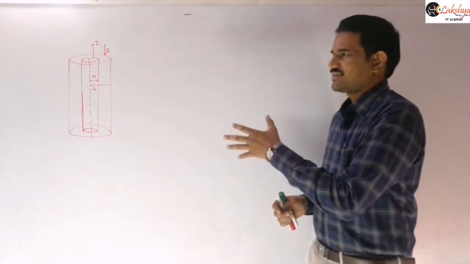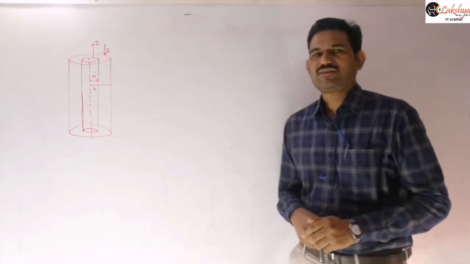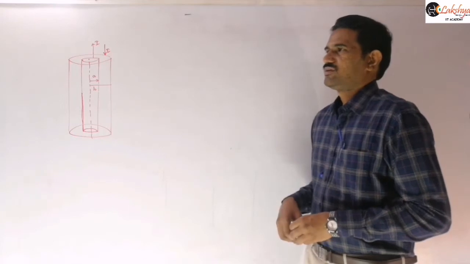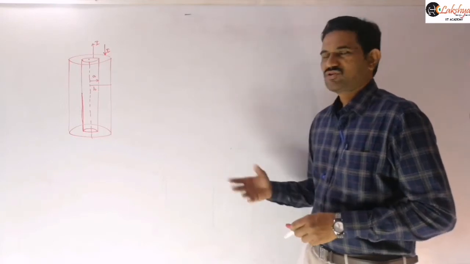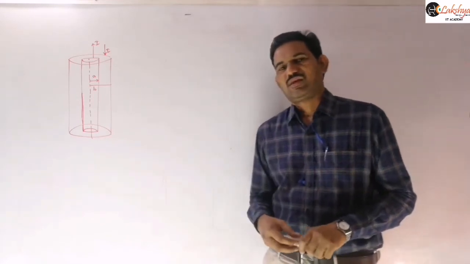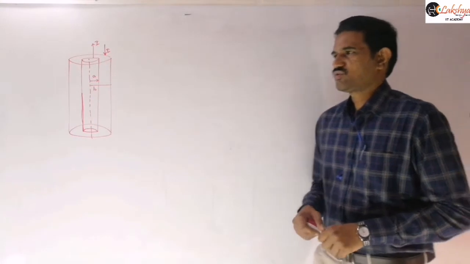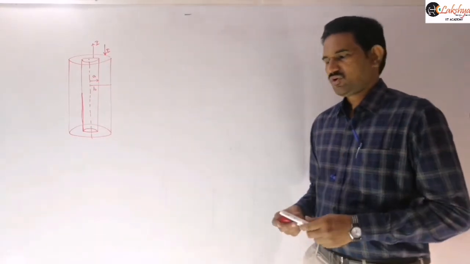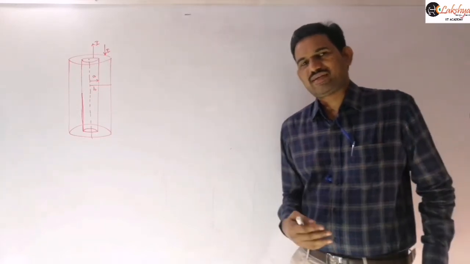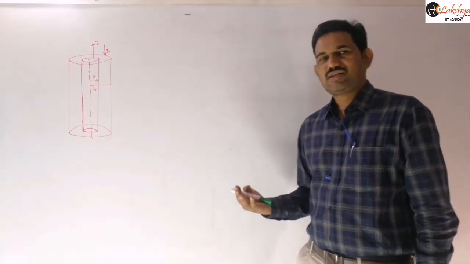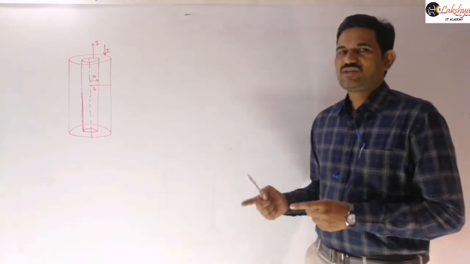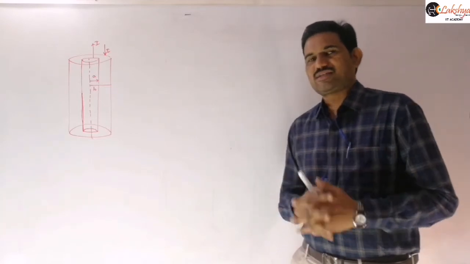In such a case they will ask what is the inductance per unit length of such an arrangement. Let us also find the energy stored in between the two cylindrical shells, right? So we need to calculate the magnetic energy as well as the inductance per unit length. I will do one thing first: I will calculate this magnetic energy.